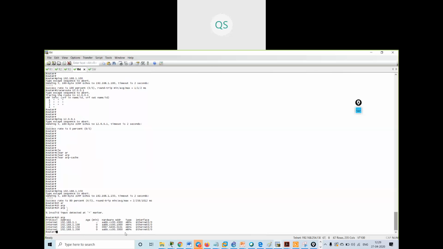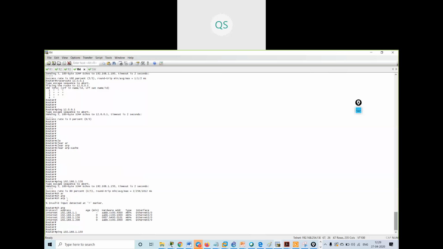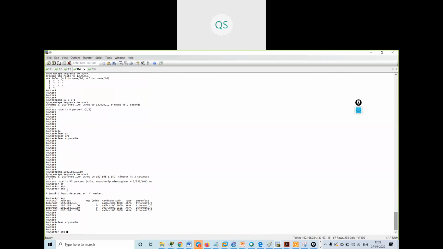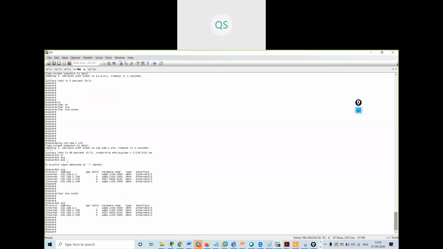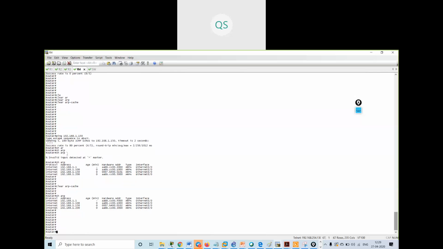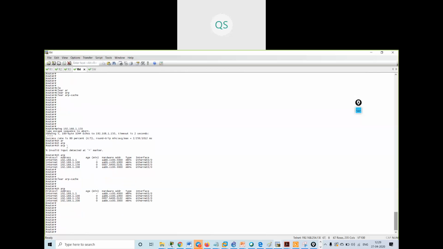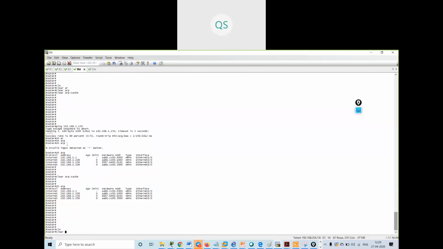These all are my ARP entries. Then I will clear ARP cache. Show ARP. So it is not getting cleared. Show ARP. Clear ARP cache.